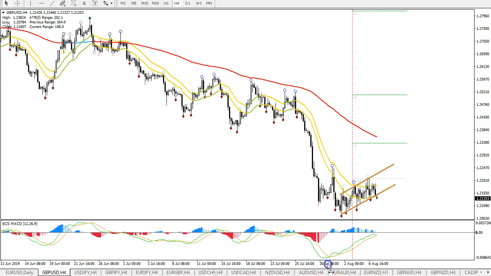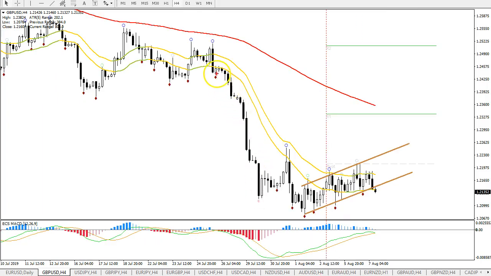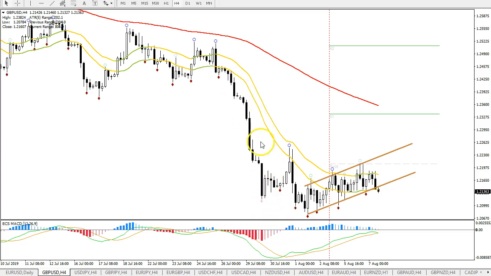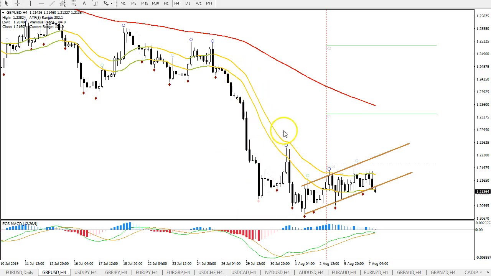So on top of that, how do I know it's impulsive? Because first of all, the candles are very strong. The speed and angle is very steep. There are a lot of candles that didn't hit the 21 EMA. The angle of the 21 EMA is very steep, and the space between the 21 and the 144 EMA is very, very large. Followed by a corrective pattern that is choppy, slow,